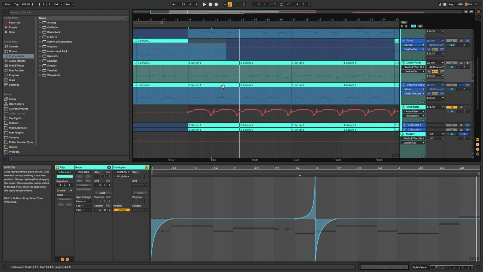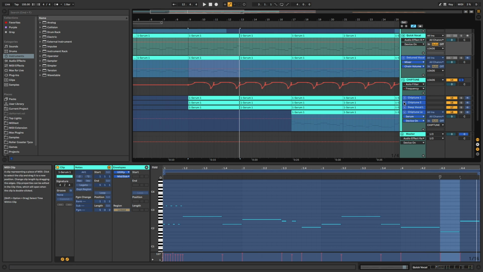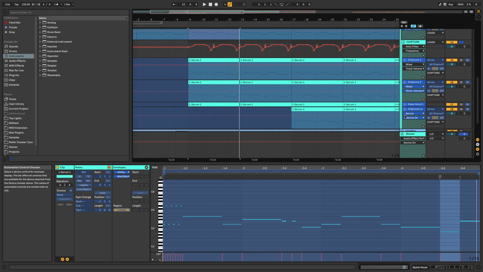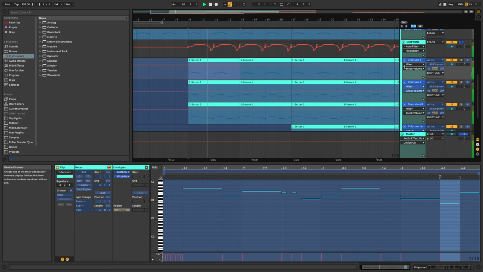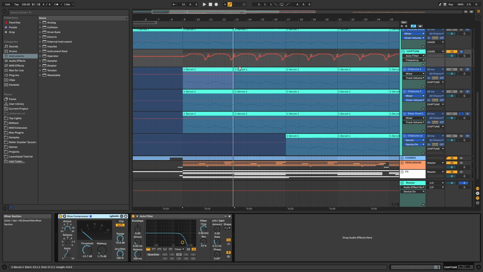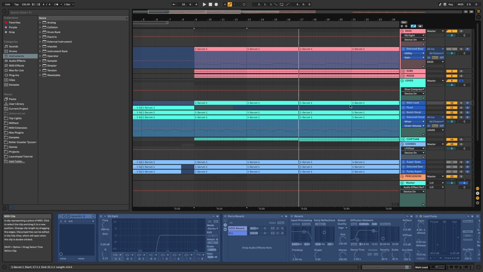We have another layer of leads right here. And we have a big stack here of what I called my chiptune layers. This was to drive home that video game soundtrack feel that I wanted. I grouped these together and I added an auto filter on top of all of these layers of chiptune sounds, just to kind of duck the sound in and out, give the track some breathing room and some life. All together now, my layer of leads sound like this. Then, when mixed in with the rest of our track,